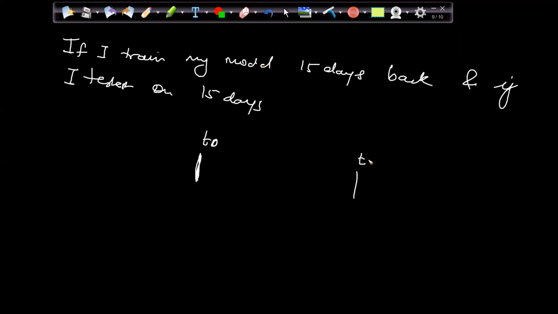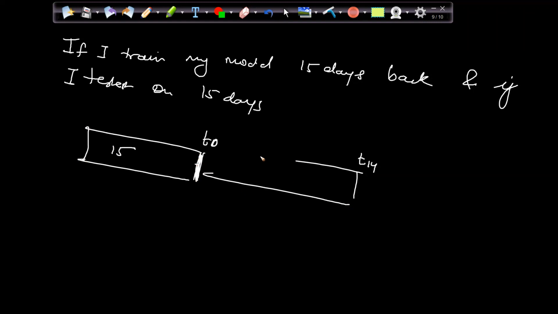Today it's 15 days, so t14. Today my model is trained on this day. That means I took 15 days back data and I'm testing on these 15 days, right? And my accuracy coming is, let's say, 91%. So this is a more relevant outcome,